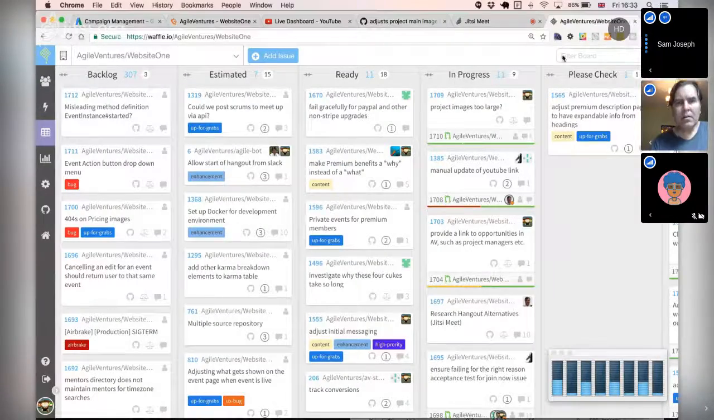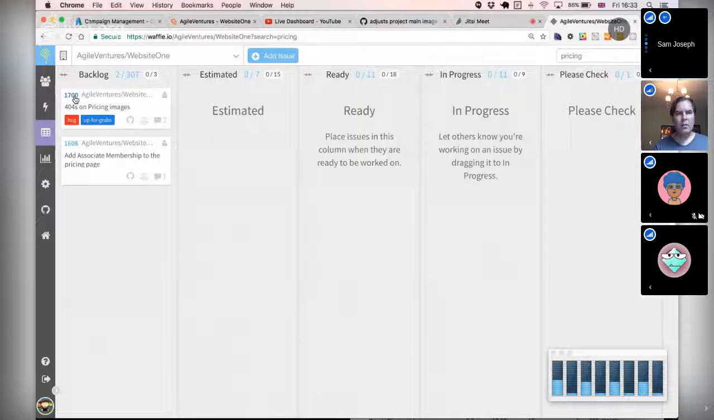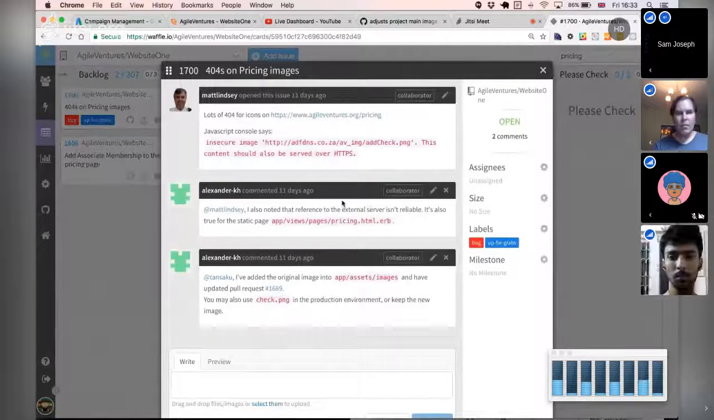and it seems to have gone away. Did that reoccur? Do you know why it happened? Yes. So it seems that the pricing images, which was this one, basically that,